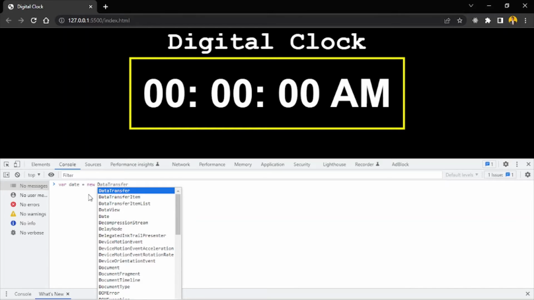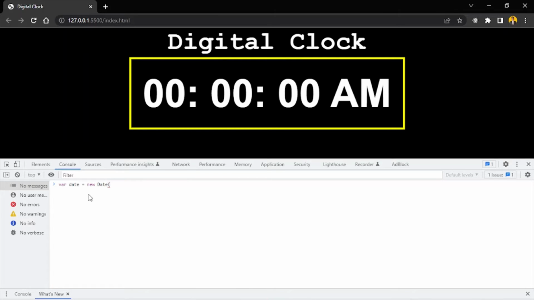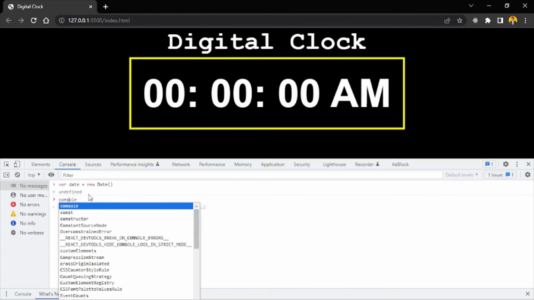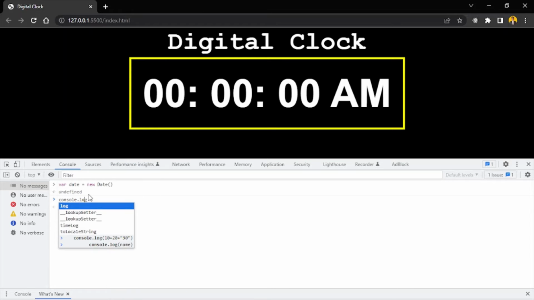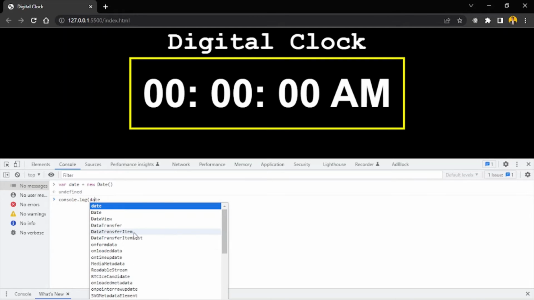equal to new Date. So guys, what is date here? It's an object. Whenever in JavaScript we want to see date or time, we use this date object. So now just take a look: console.log, and then what we want to see, let's suppose hours. So date dot